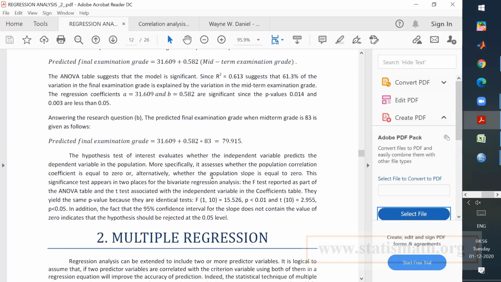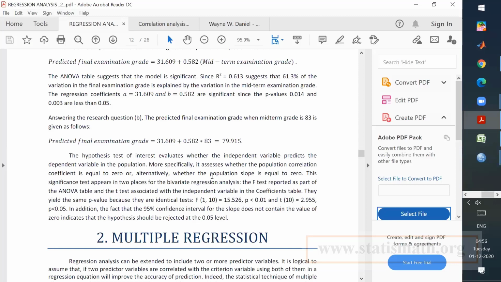But make a note that first of all, you save your data file as well as your output file, right? In the folder, and give the name like correlation and regression analysis, today's topic. So what we have done so far is look into the bivariate case, okay? That means one independent variable and one dependent variable.